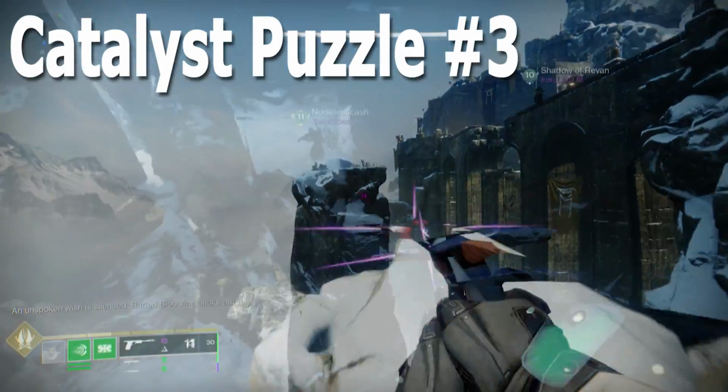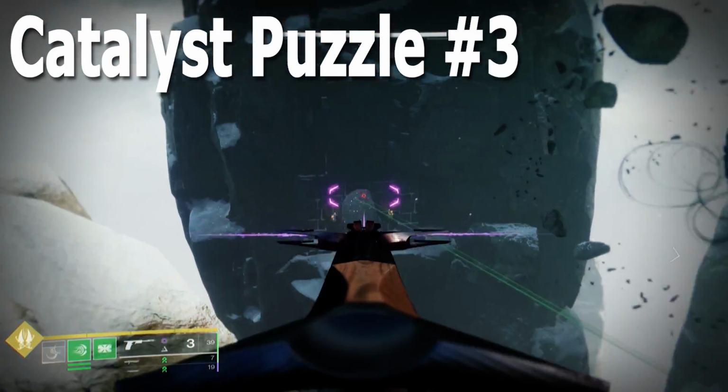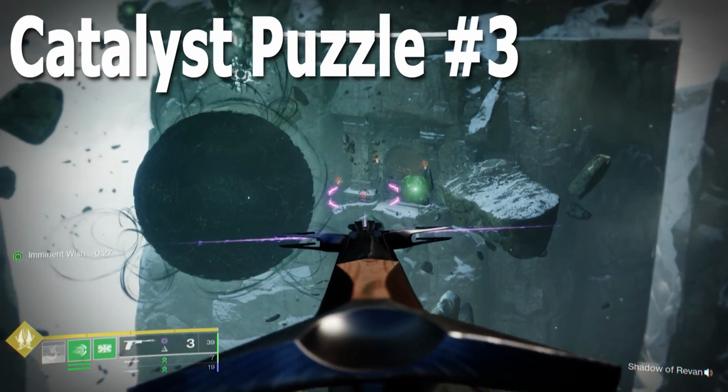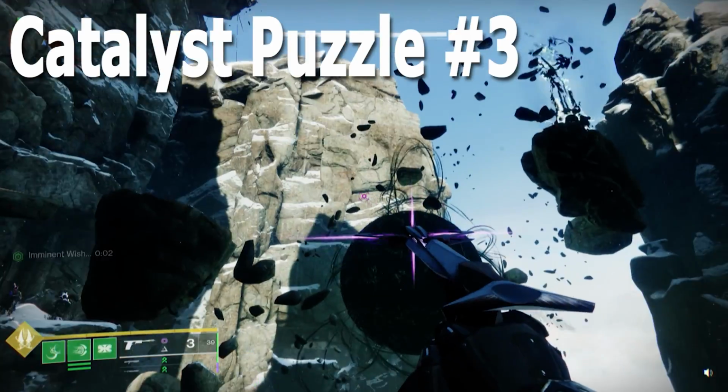And now we move on to the final torch puzzle. This one is located after the big blight room and just before the final boss. You'll find the torches positioned around the door frame here on this snowy peak, where the final room for the